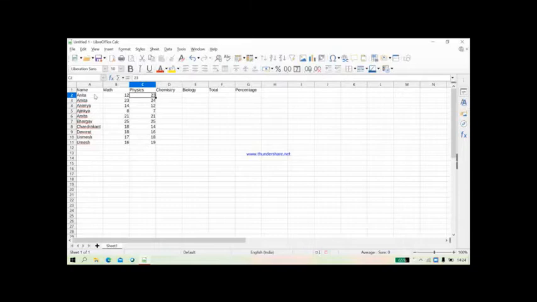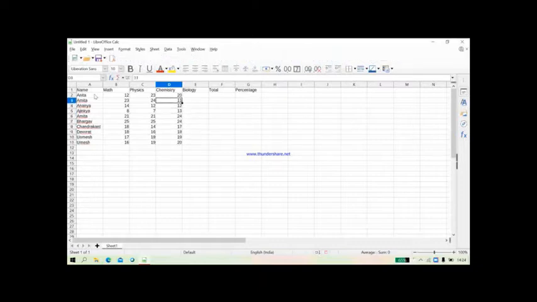So these are the marks in physics. Now chemistry. And last one is in biology.